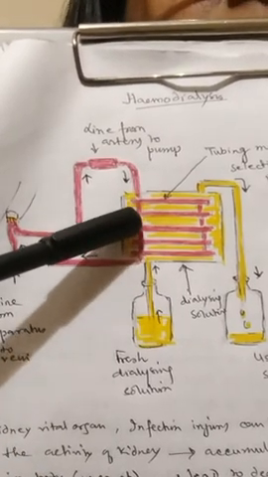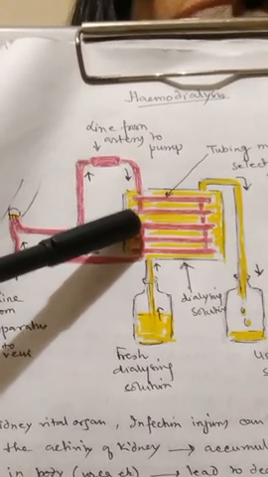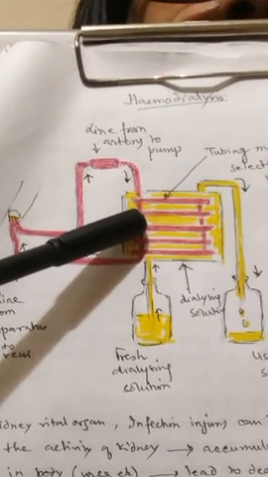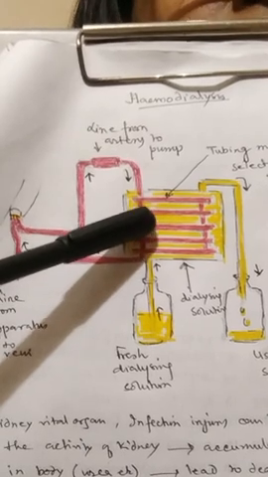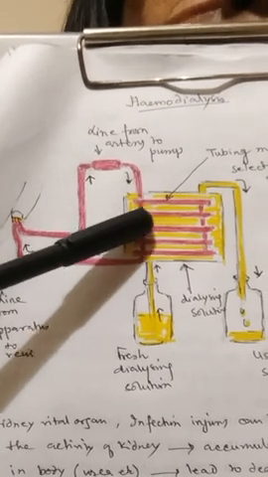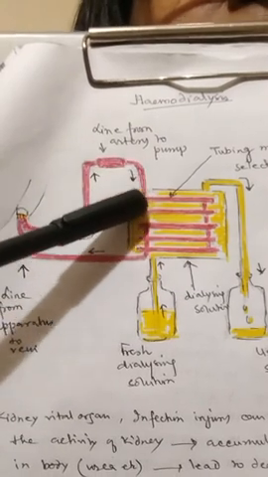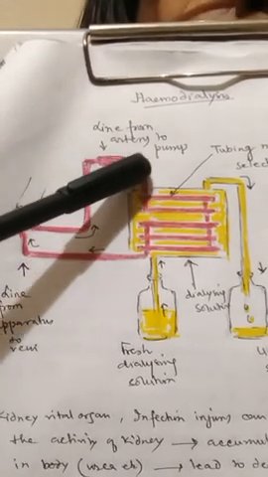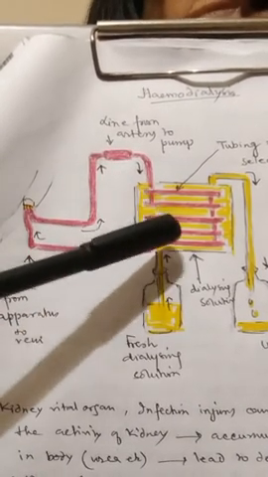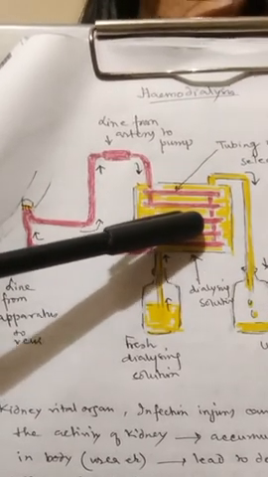This dialyzing fluid contains almost all the constituents of blood plasma except the nitrogenous wastes. Clear? And it has the same osmotic pressure as blood plasma. Nitrogenous wastes are not there in the dialyzing fluid, while they are in excess in the blood because the kidney is not active. So nitrogenous waste has accumulated in the blood, and in the dialyzing fluid it is more or less zero.